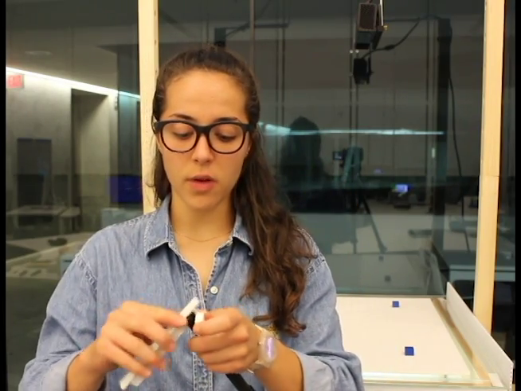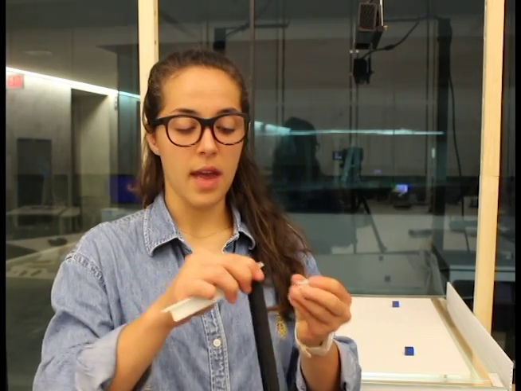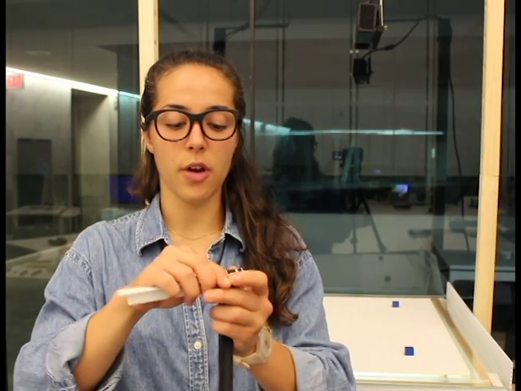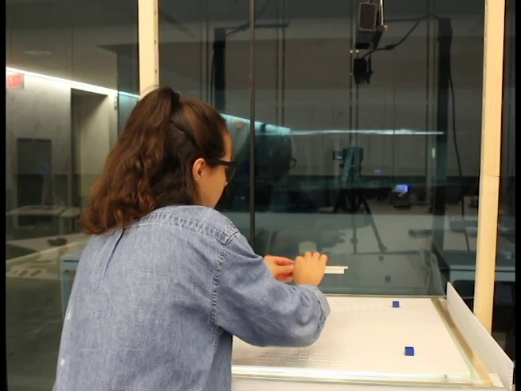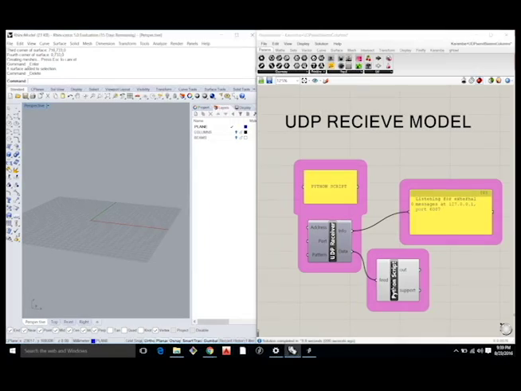So the components fit into one another like so, and I would just ensure that the beam marker fits onto the end of the beam. So I'm going to go ahead and model this on the table. Once we're satisfied with the configuration of modeling components on our table's surface, we can now go into Rhinoceros and